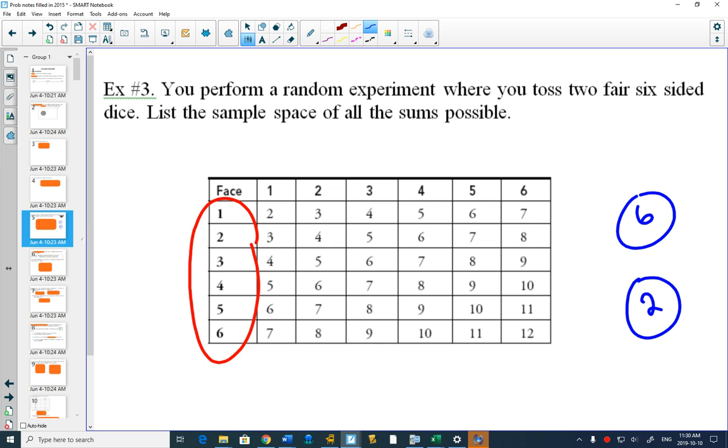The next time that you play, you will notice that under the 6, there's 5 dots. That represents the fact that out of 36 times, a 6 happens 5 times. And under the 2, there's just a single dot because a 2 only happens once. If you haven't played Settlers of Catan, you should find someone who has played it. It's a very, very good game.